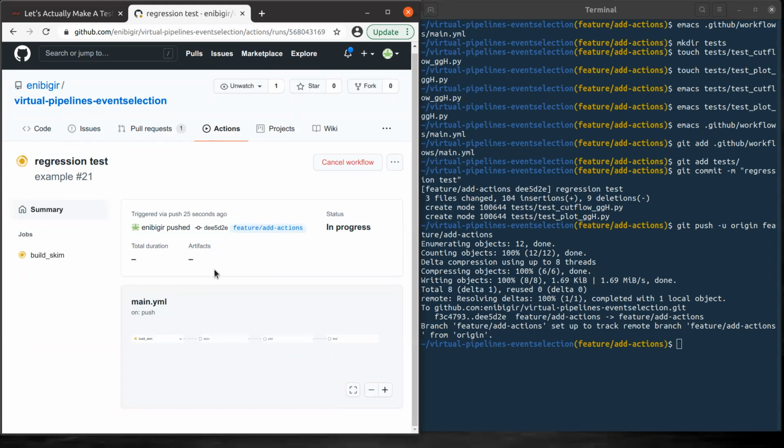What we see, we have 4 jobs here, and that are running sequentially. Now the build is starting. This might take a few minutes.